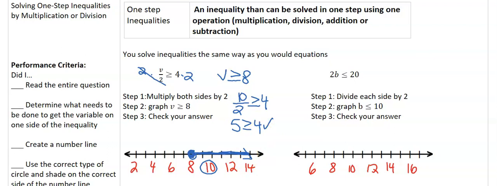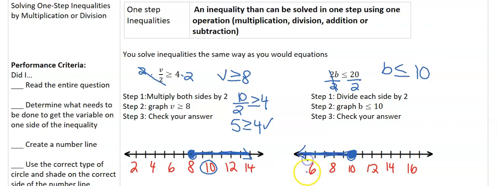Now for our second example, we have 2b is less than or equal to 20. To get b by itself, we want to divide each side by 2. Now we're left with b is less than or equal to 10. Now we want to graph this. Again, because we have less than or equal to, we want to shade in at 10. So I'm shading in my circle, and b is less than, so I'm shading to the left of my number